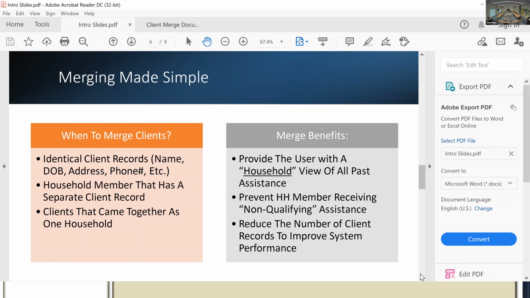A household member that has a separate client record, that's another opportunity to merge. And that's the one that I mentioned to you about, the client that we have where a household member was set up as a client when there's still an existing household member. That's a good opportunity for you to merge. And of course, when clients came together as one household, that happens quite a bit. You know that a client today becomes a household member tomorrow. That's a good time to merge the two together,